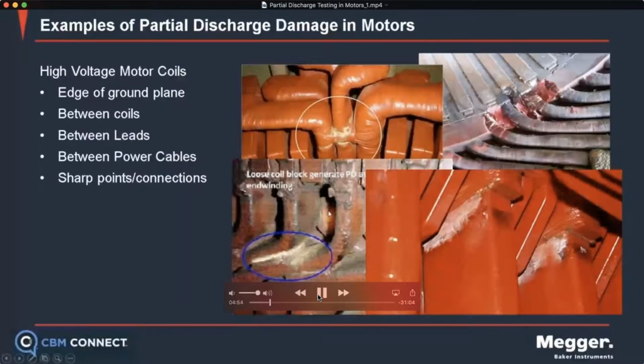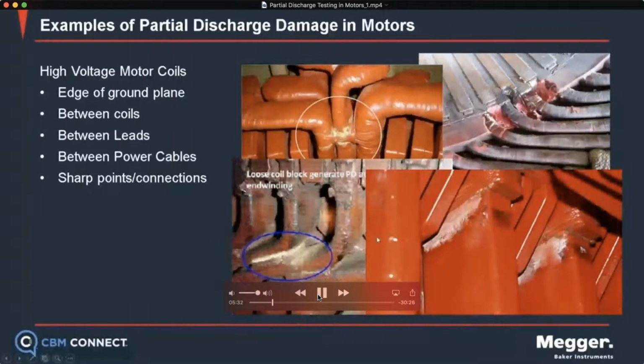As we see here, these are the coils. On the right here is the exit of the iron core slot. That's a pretty common place, as there's a large gradient of voltage difference in potential from the ground plane to the high voltage coil. In between conductors, here we see as the coil exits the slot again, and the coil makes a bend there, potentially between phases. Right there is where we have some high voltage activity and partial discharge